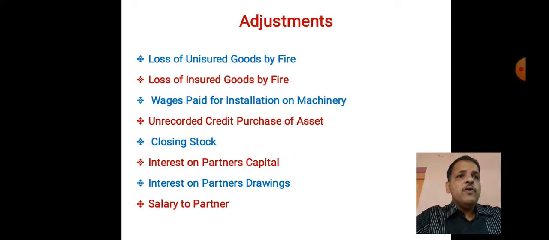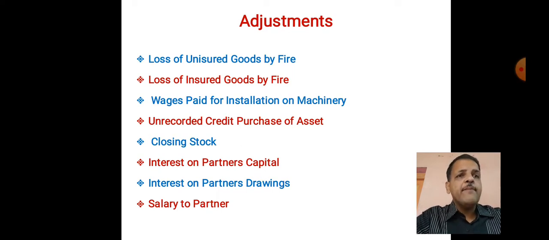Now, whenever insured goods loss is there, what we have to do is, first effect we have to give definitely trading credit by goods lost by fire. Now, insurance claim we get from it. For that we have to give effect on balance sheet asset side, insurance claim receivable. Now what is difference between trading credit and balance sheet asset? That is goods lost by fire and insurance claim receivable. That difference is shown on profit and loss account debit side as to loss by fire.